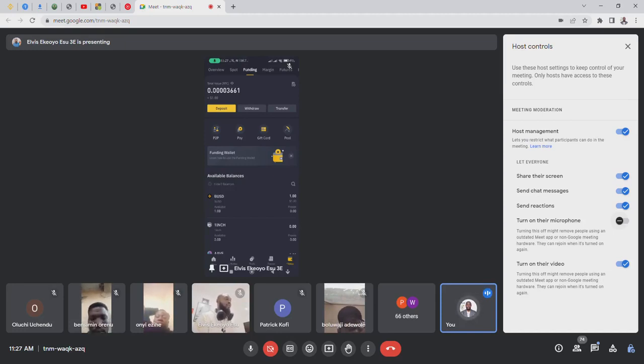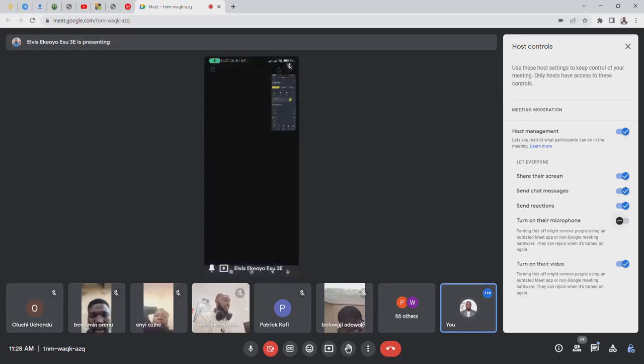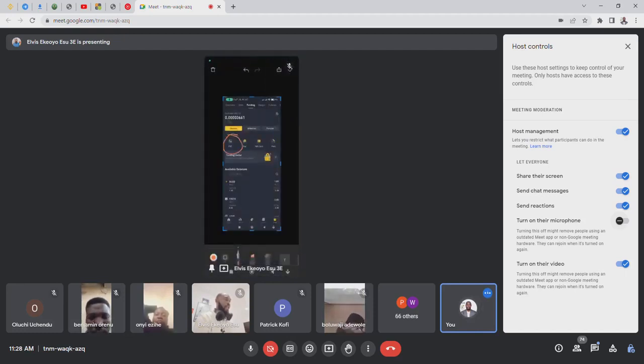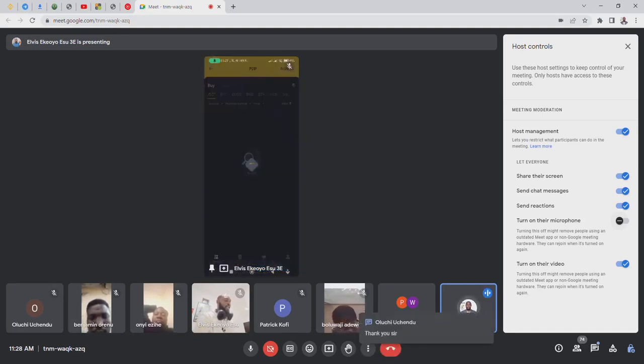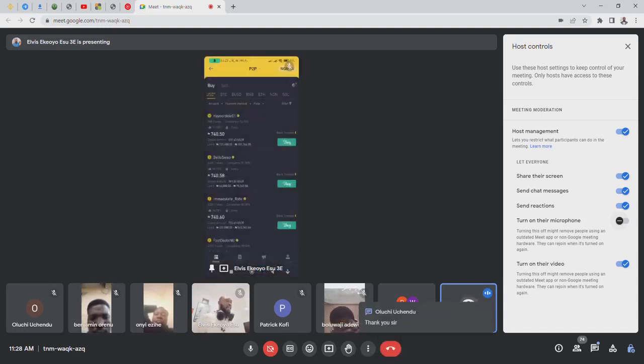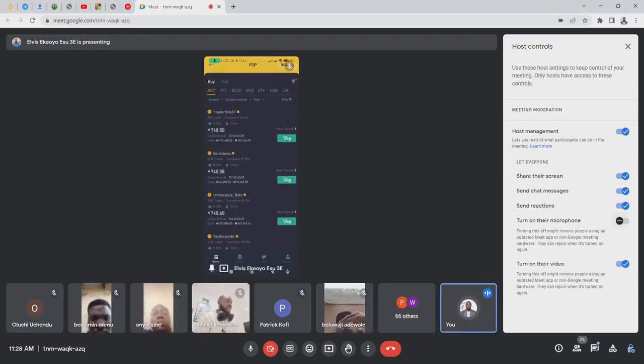So when you get to funding, you click on P2P. Okay? You click on P2P here. And then it brings you to this interface. So I want to purchase 100 USDT. Okay? And looking at